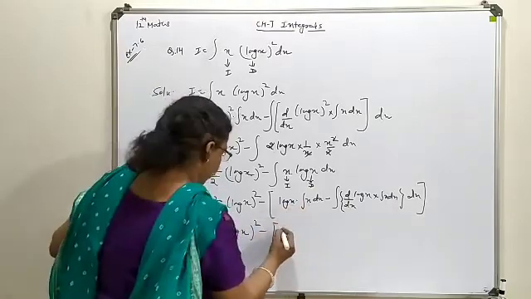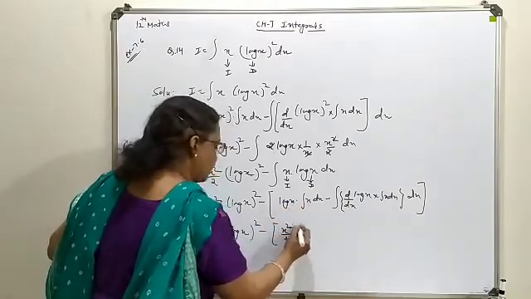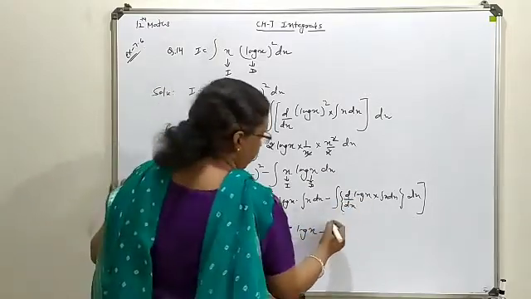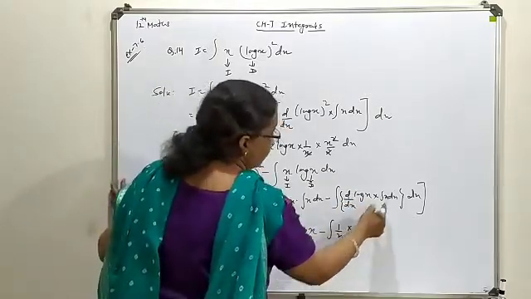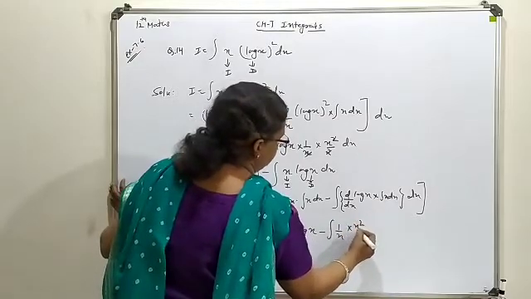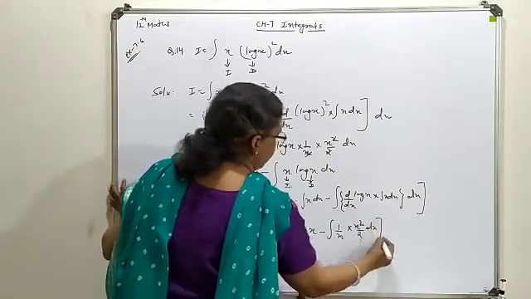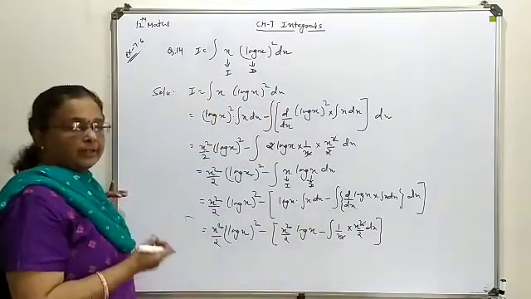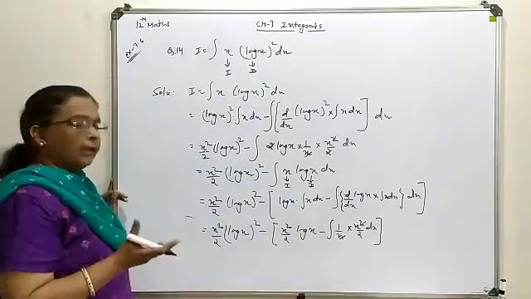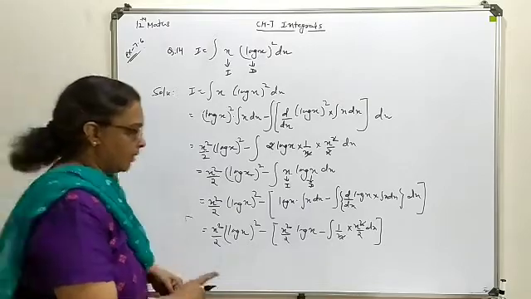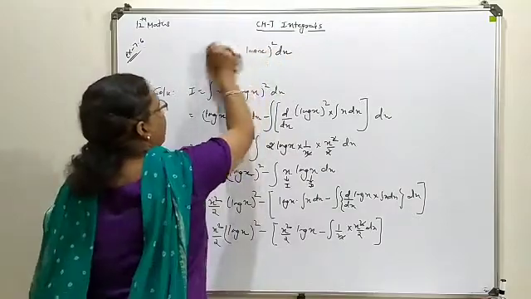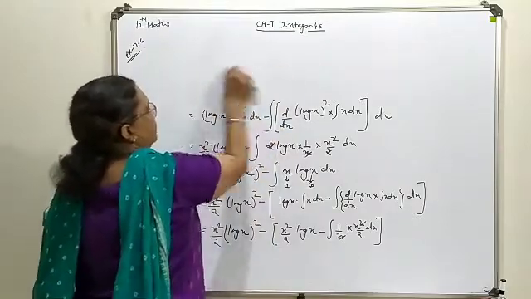This is x square by 2 log of x. The differentiation of log is 1 upon x, whereas the integration of x is x square upon 2, and this is your dx. One x will cancel. Now only a single term is left with you, that is x by 2, for the last integration. So we will write that at the final step after applying the by parts method a second time.